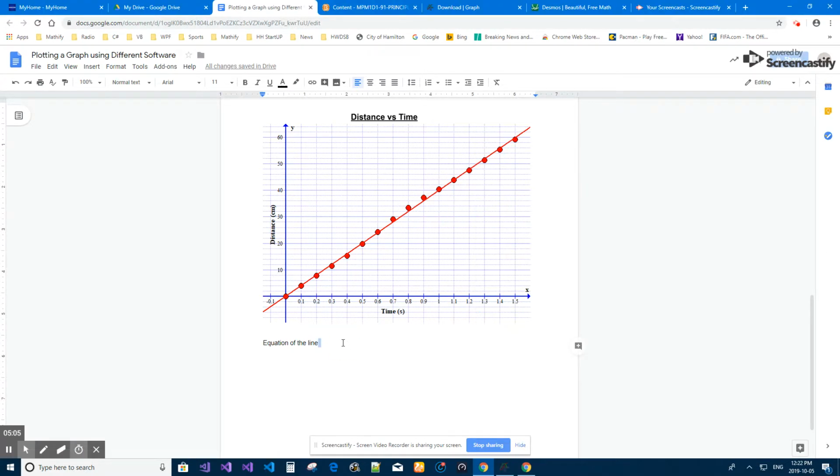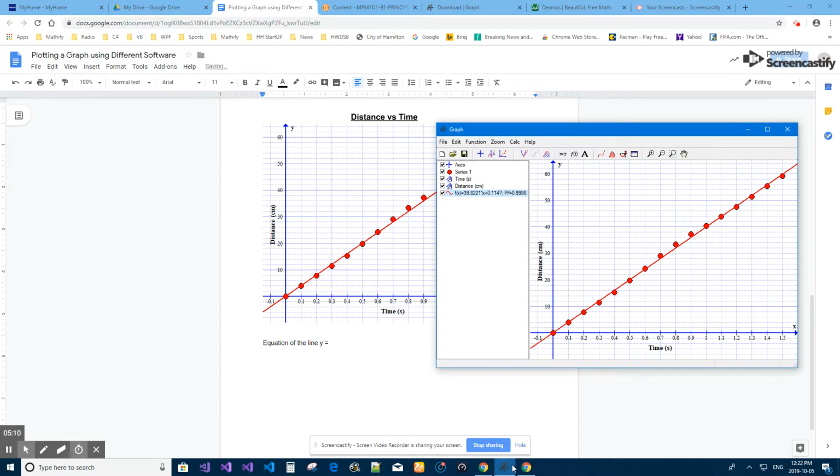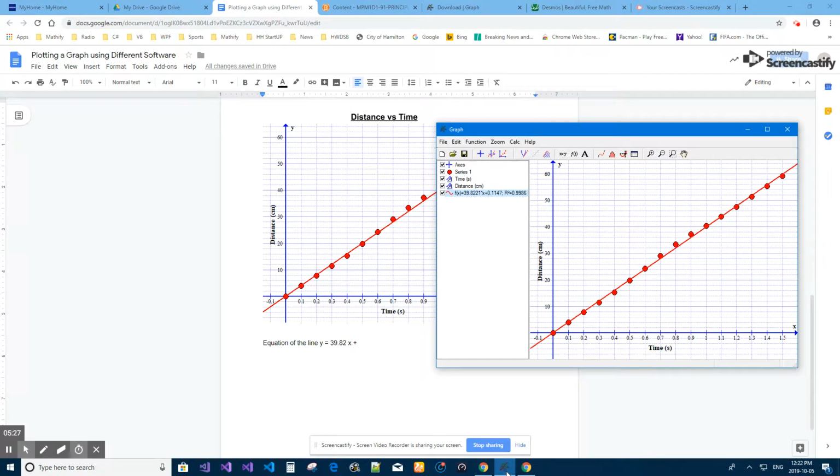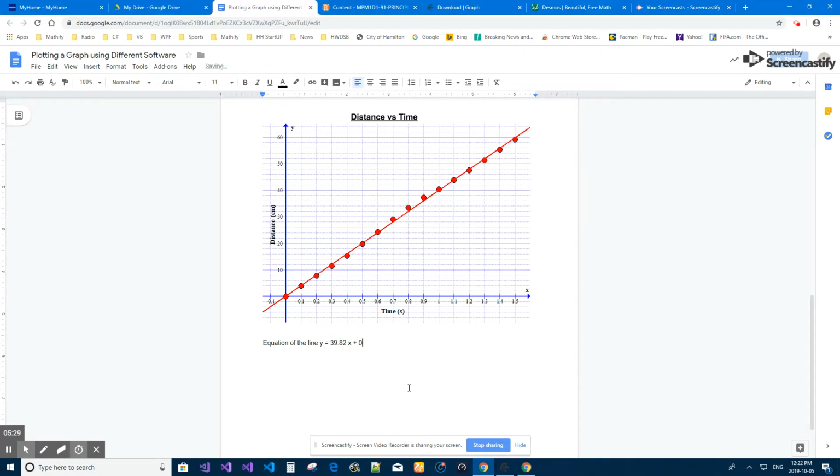We have y equals 39.8. I usually want you to round to two decimal places. 39.82 times x plus 0.11,